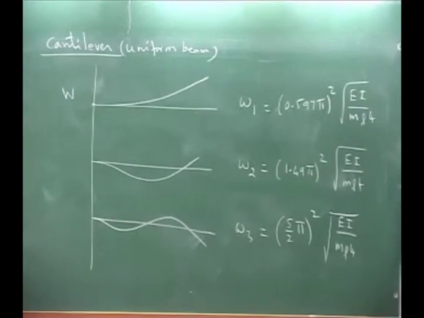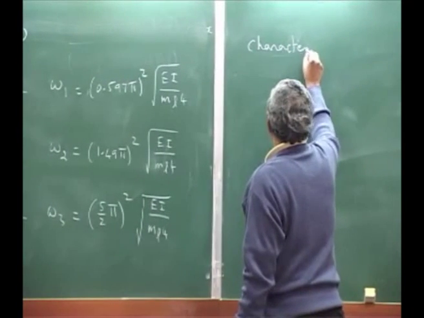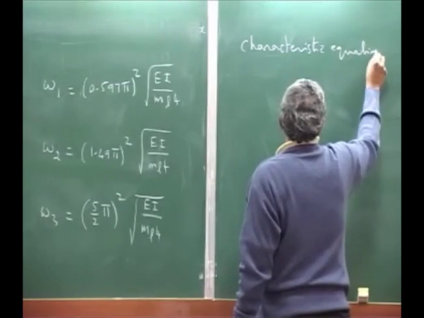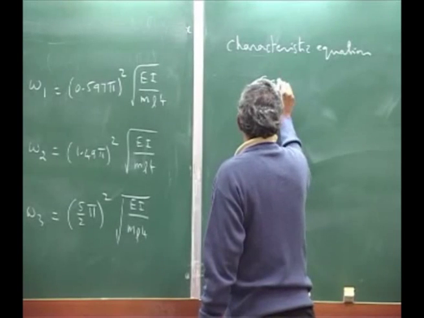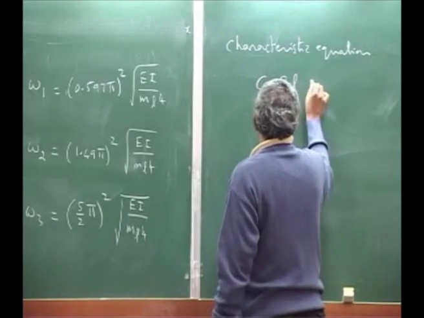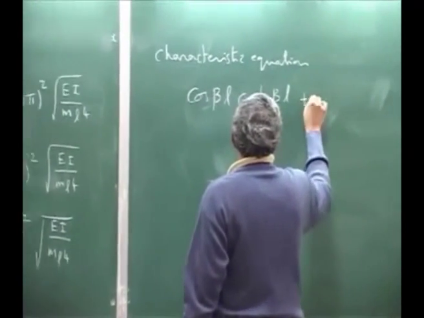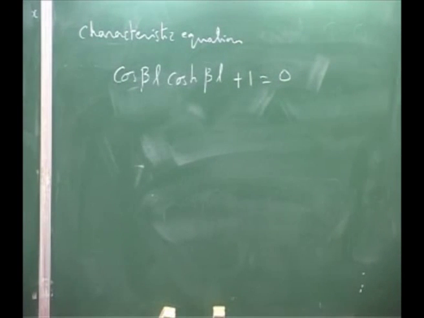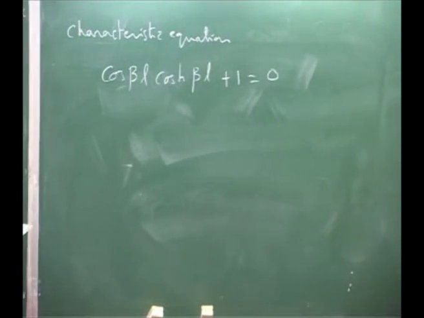For a cantilever beam, your characteristic equation, which is nothing but your determinant equal to 0, you will get cosine beta L cosine hyperbolic beta L plus 1 equal to 0. This is for cantilever. In the earlier case, you got minus 1 equal to 0, and your corresponding mode shapes are